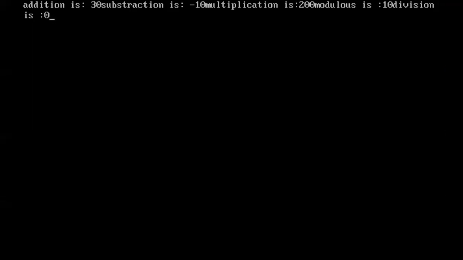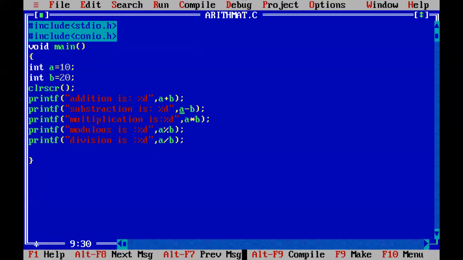If I don't want it like this, I want to print each result in each line. So I need to enter here the escape character \n. A \n is used to print the data on the next line.